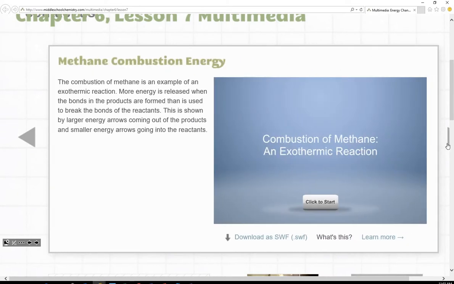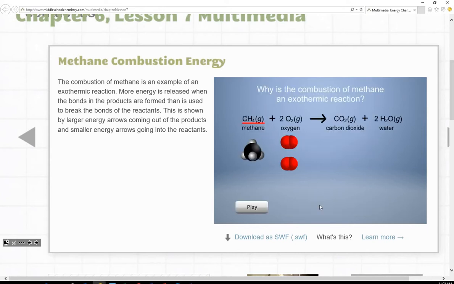Another, as we go through this, I wanted to give you a visual idea of what's actually happening with endothermic and exothermic reactions. So when we do the combustion of methane in an exothermic reaction, we have methane, and this is a diagram of the shape of methane. Carbon's big and the hydrogens are attached, and it's called a tetrahedral shape. And we have two oxygens attached. We've balanced equations like this already. So what happens is energy is put into the methane with a spark or something, and that lets the hydrogens come off the methane. Then that energy is also given a little bit to the oxygen, and it's able to